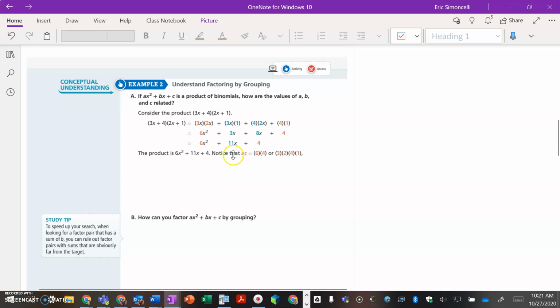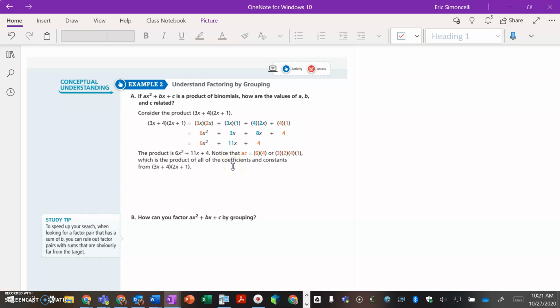The product of 6x squared plus 11x plus 4x is what we are yielding, or getting as a yield, from those two multiplied together. That is the product. And notice, as they suggest, A times C, right? 6 times 4, in this case, or 3 times 2 times 4 times 1, which stems from the values that we see in red up above, 3 times 2 times 4 times 1,